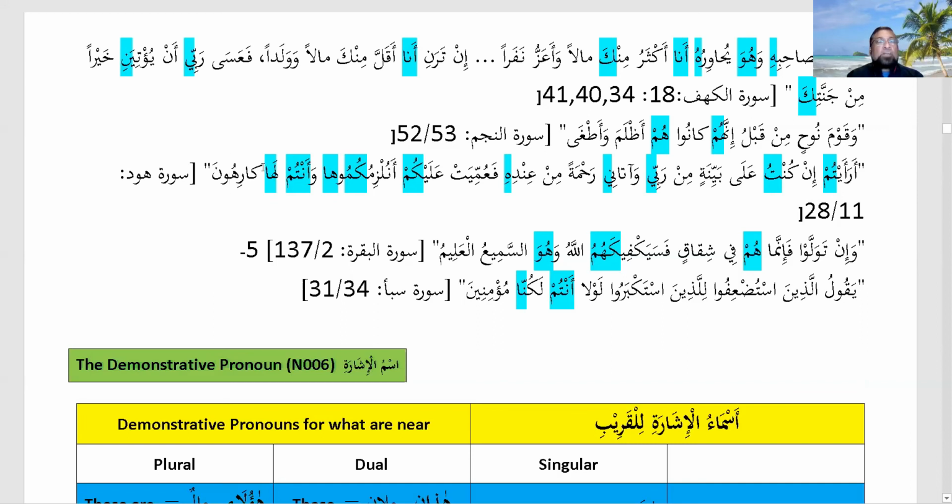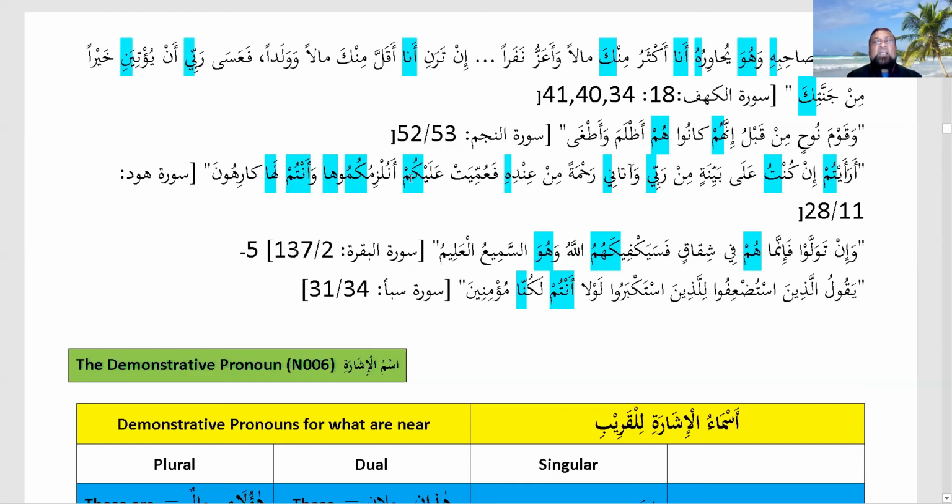This is in Surah Hud alayhi salam, and these are the words of Nuh alayhi salam addressing his people. He said to them, do you see, ara'aytum, you see, in kuntu, if I was. And the pronoun here is really ضمير مستتر تقديره أنا, كنت أنا على بينة من ربي, on clear path or guidance from my Lord, Rabbi, my Lord, وآتاني, and he gave me, رحمة من عنده, mercy from himself, من عنده, from him, فعميت عليكم, and